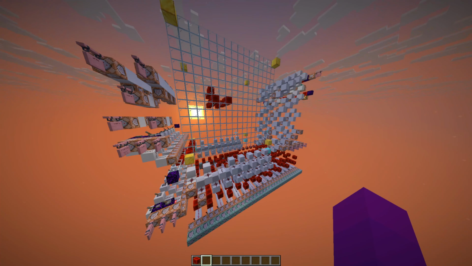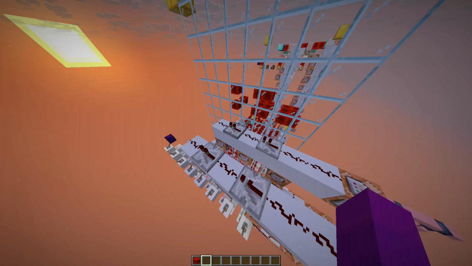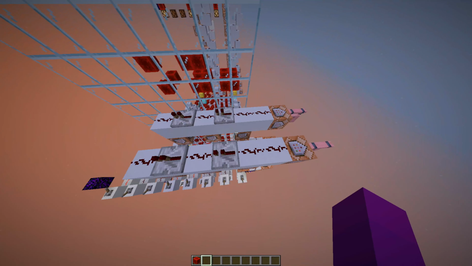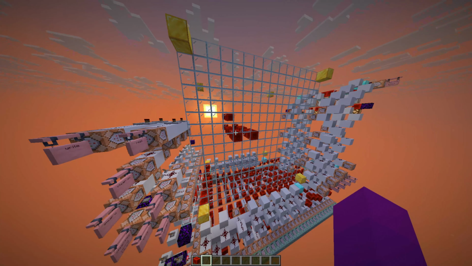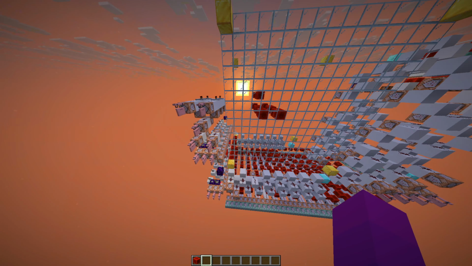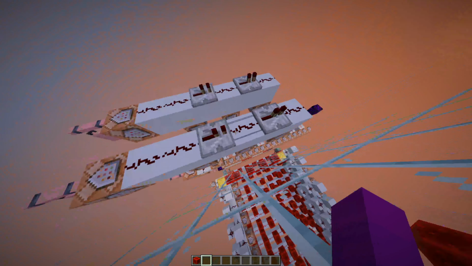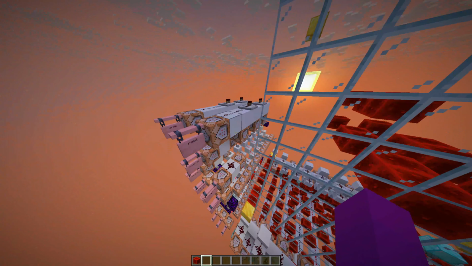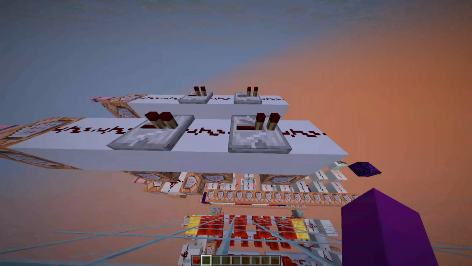So it does add a little bit of time. I have to put a tick in between here, because if you don't put a tick in between these activations, sometimes it's too quick for the redstone blocks to actually get there in time. So I just put a tick delay in between each of these activations, so it's pretty quick. The whole process, reading and writing, should just be 1-2 ticks delay,